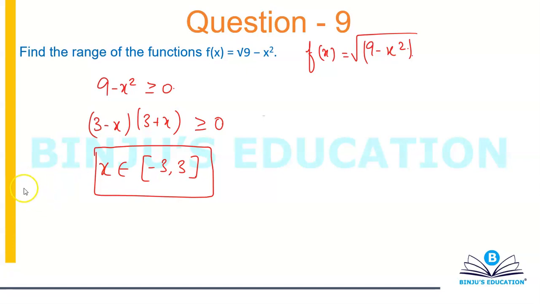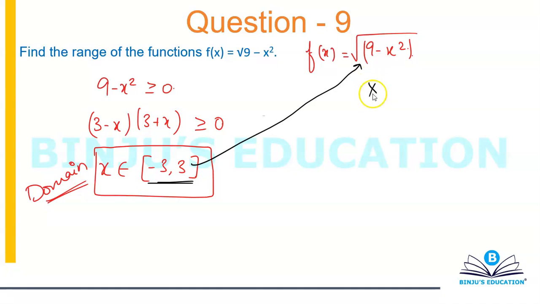Now I have the range. Oh, sorry, my mistake. I have the domain with me. I just need to calculate the range. So I told you when we spoke regarding the definition of range, that whenever you provide the corresponding input values, the output values that you receive, that is your range. So when you plug in all these values from negative 3 to 3 in this function, and you receive an output corresponding to that, that will basically be your range.